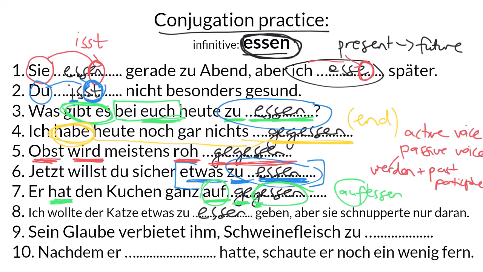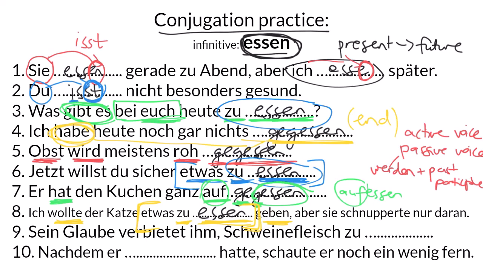Classic cat behavior. Now, really, the answer is very simple here, and it's what we've seen already a couple of times. That is, after zu, you're going to have the infinitive of the verb. And so that belongs to the phrase something to eat. So don't be confused. There are other verbs in this sentence, like wollte, that's the first verb, the modal verb, followed by geben in that clause is the second verb in its infinitive form. But etwas zu essen is its own phrase, something to eat. And you can have that phrase with nothing to, or everything to, nichts zu, or alles zu, or something to,